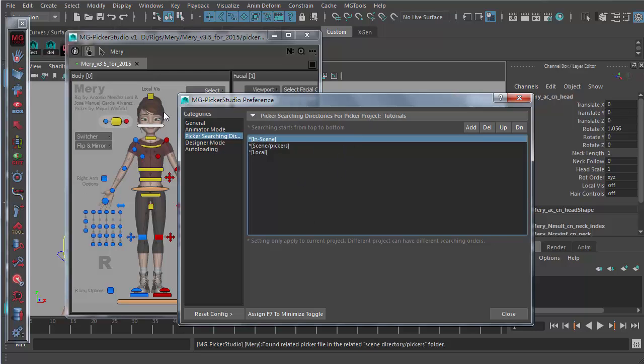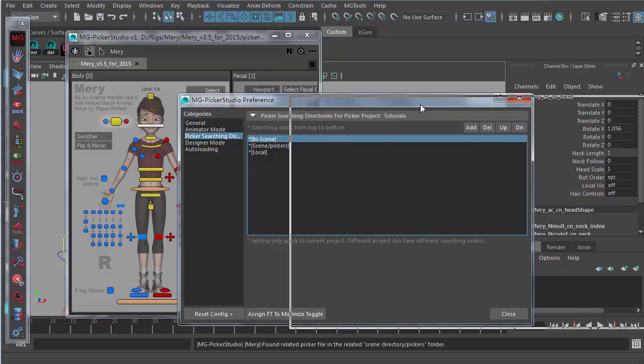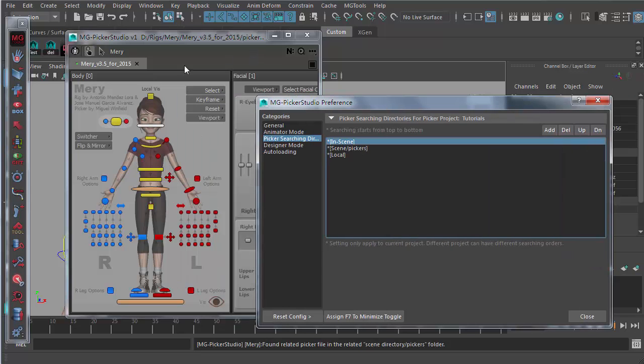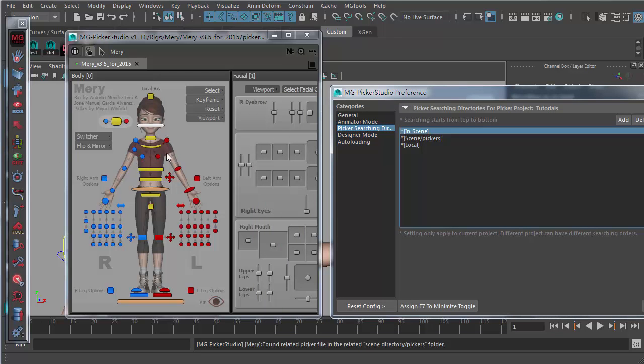Each picker project can use a different set of these searching rules or priorities. So by default, when the Animator grabs one part of the rig and uses this button, it will first search the instance node. So it will search if there's any picker node related to Mary. It will load it. It won't continue its searching, but if we don't have one, it will continue to search the scenes